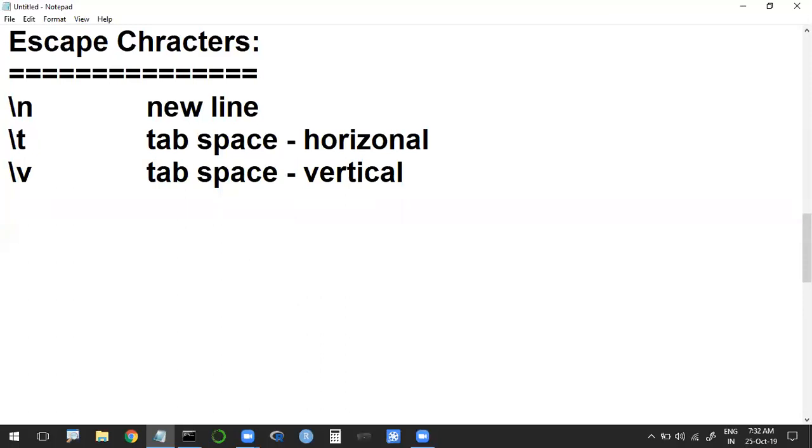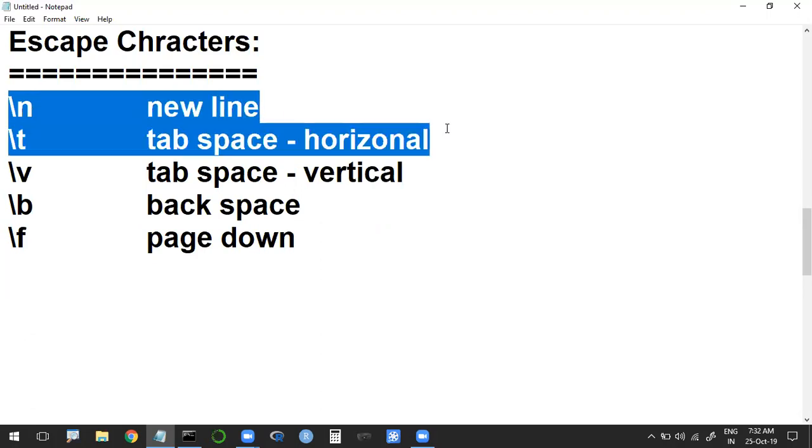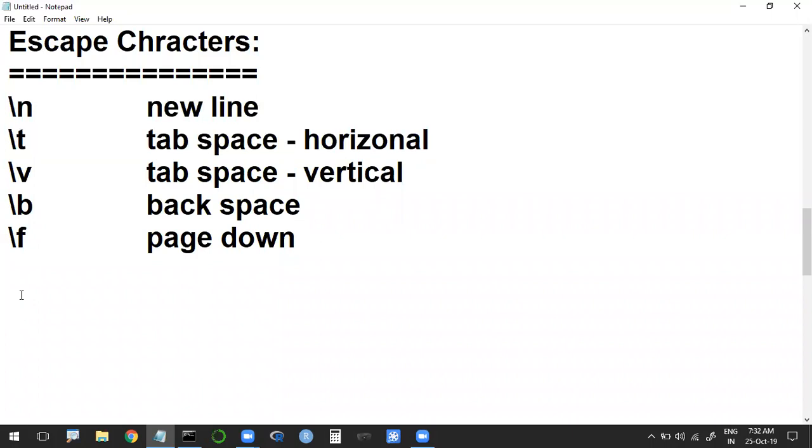Like this we have so many. \b is for backspace, okay, \b is for backspace, and another for page down. Like this we have so and so. Maximum, we are going to use only these two in our strings. Right? Yes. Next,